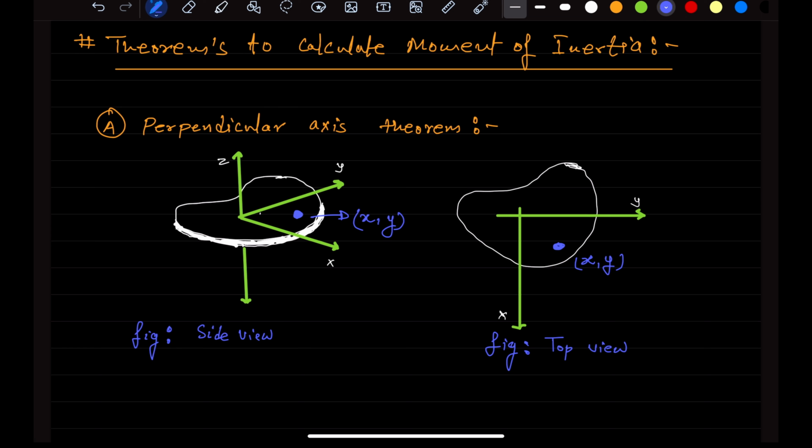Here we are going to discuss the theorems to calculate the moment of inertia. And the first theorem is the perpendicular axis theorem. The perpendicular axis theorem can be applied only for 2D or planar bodies. This important point you need to keep in mind, that this is applicable